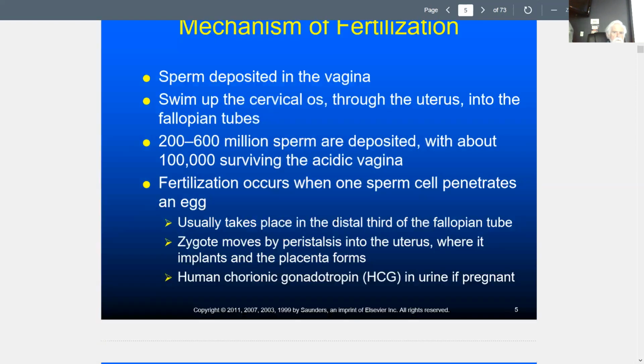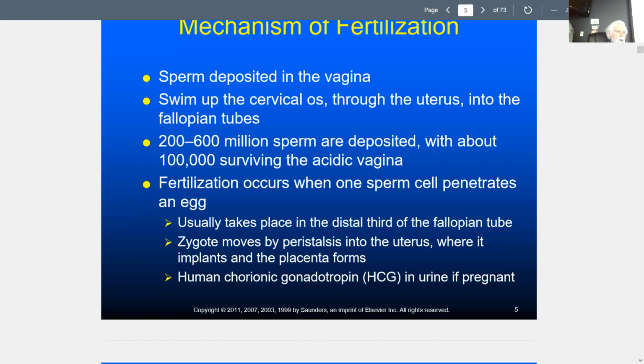Most of you probably know this process. Sperm is deposited in the vagina. It goes up into the cervical area, through the uterus, into the fallopian tubes,